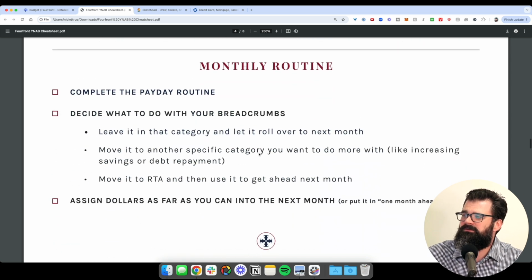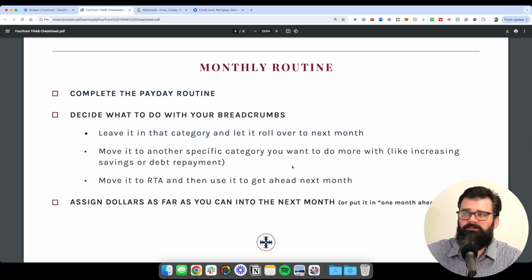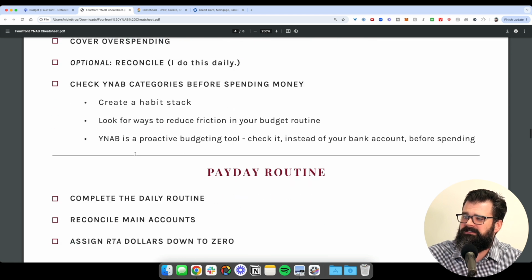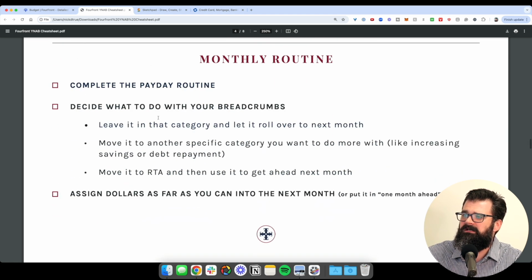And that brings us to the monthly routine. Now, the monthly routine, of course, is going to start with a payday routine. So at this point, you've done all of your daily stuff. You've also assigned your Ready to Assign. There's really only two little extra things to do on the monthly side. The thing that I like to do, and by the way, this is not a requirement to use YNAB, this is just my recommendation, best practice,